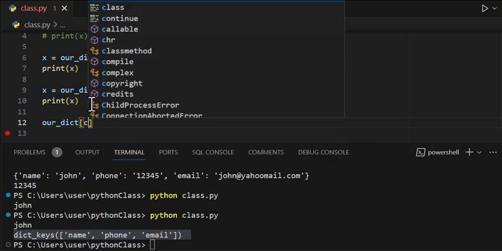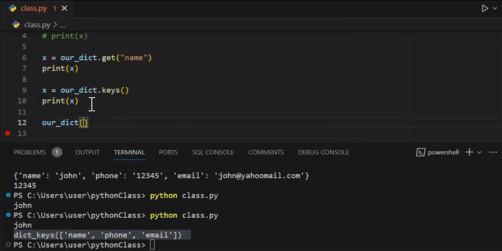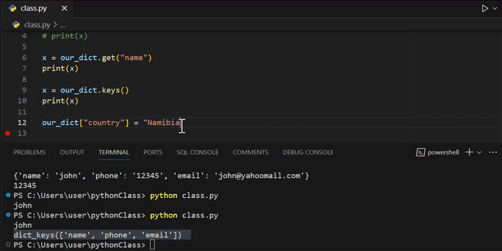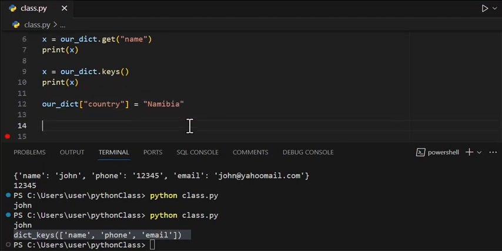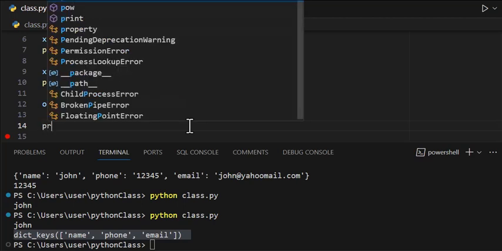Let's say country, which is the name of the country, let's say Namibia. So when we create a new one like this, and then print dict,